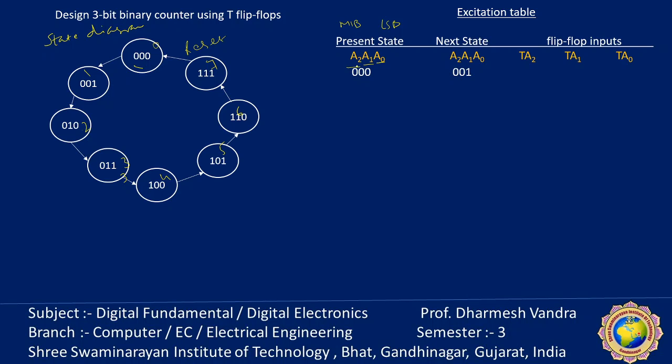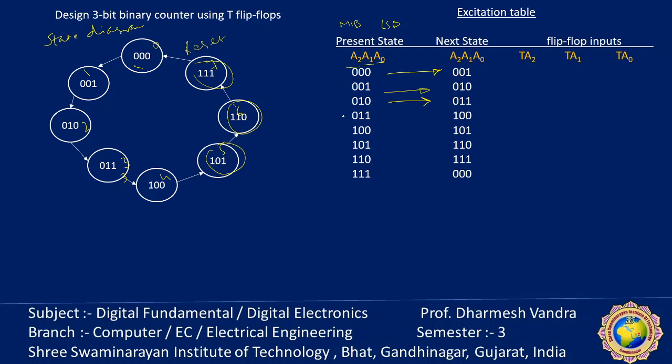So 0, 0, 0. Next state is 0, 0, 1. Clock pulses occur. 0, 0, 1. Then next click is 2. This one, 3. So next is 4. Then 1 to 3. 3 to 4. 4 to 1. This one. And 1, 0, 1 to 1, 1, 0. 1, 1, 0 to 1, 1, 1. And again it will be reset